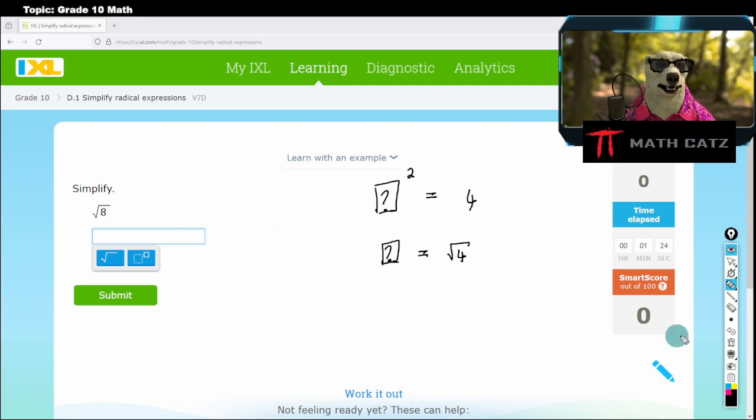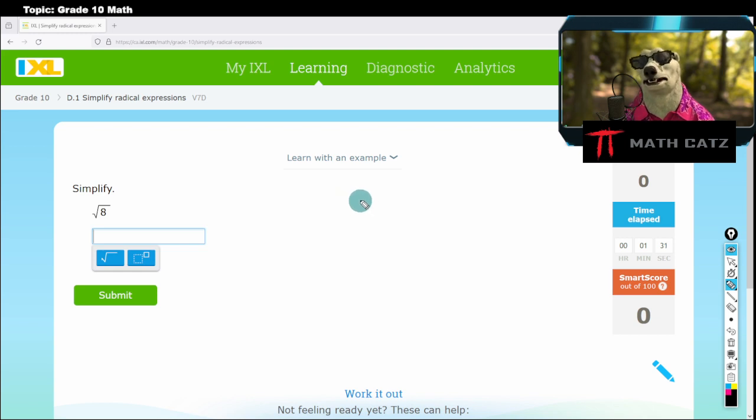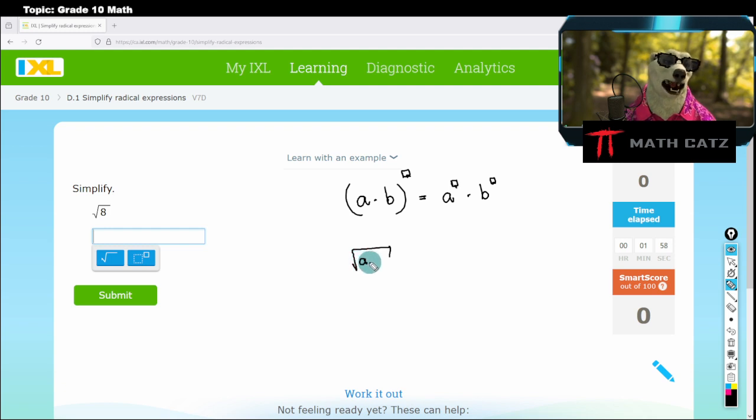Like right now, I have some basic square roots. So just like when I had a times b to the power of something, I can expand that to a to that same power, times b to that power. A very similar property, and we'll get to how we use that for these examples, is that if I have a times b inside a square root, I can write that as the square root of a times the square root of b. As long as they exist and they're all positive,